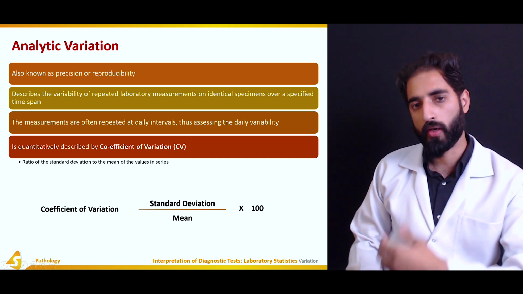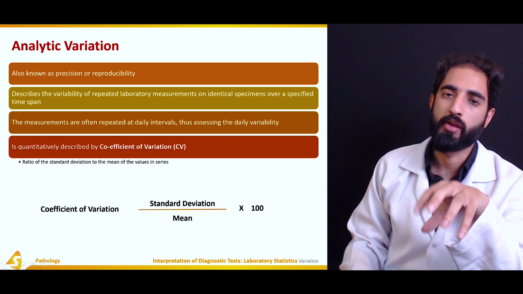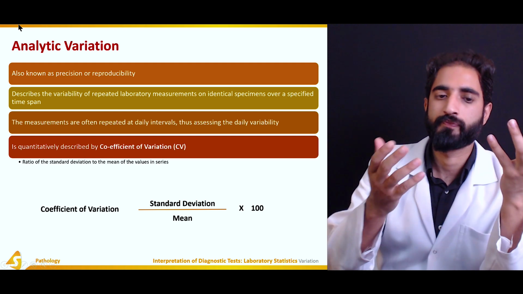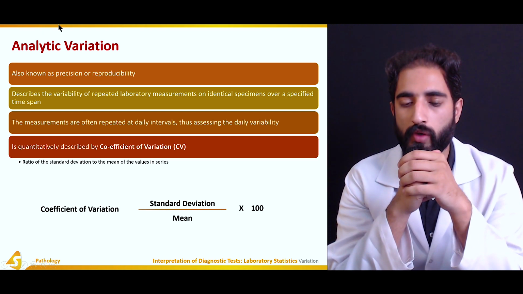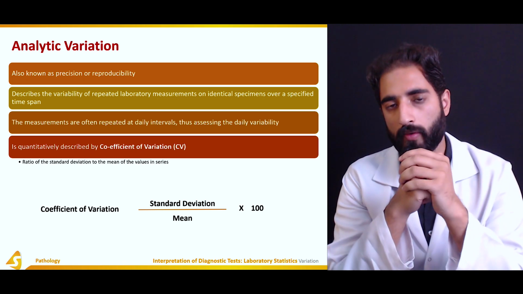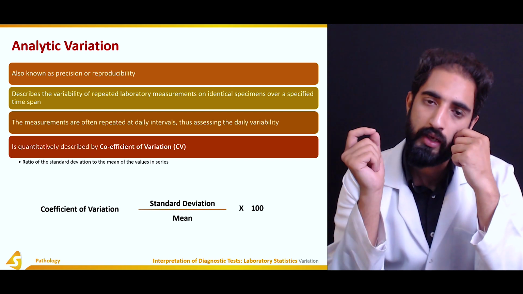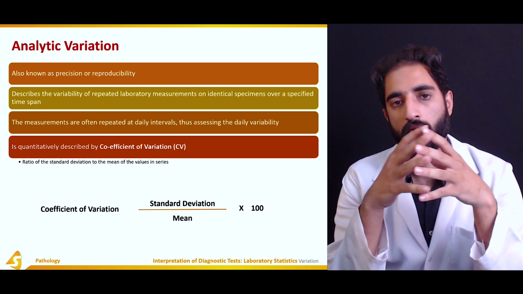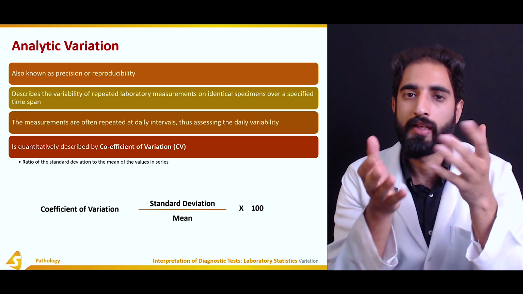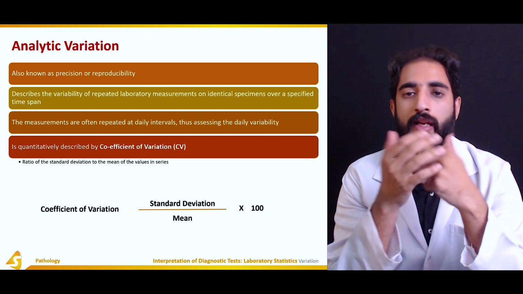We have one specimen, we have one individual, we have one tissue or anything of the sort, and we are performing the same measurement again and again on that same thing. That is actually variability. There are two different types in which we can describe that, also in terms of reliability. So if there is high reliability, it means there is less variation. If there is one specimen and one doctor or laboratory specialist who is carrying out the same test again and again, and it gives that person the same result by performing that same procedure again and again, then it is said to be